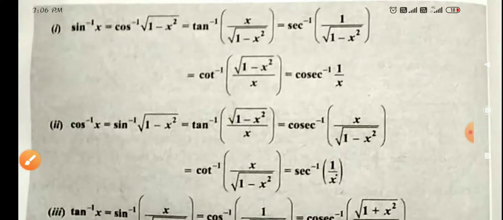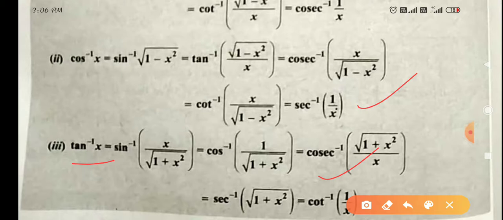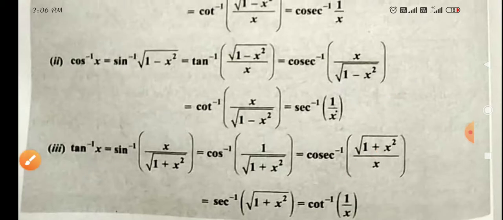Sine inverse you can convert into other inverse trigonometric functions. Cos inverse x you can convert into other inverse trigonometric functions. Tan inverse you can convert into other inverse trigonometric functions. These three properties are given, so you have to learn them. If you learn them, it will be good for you. Next,